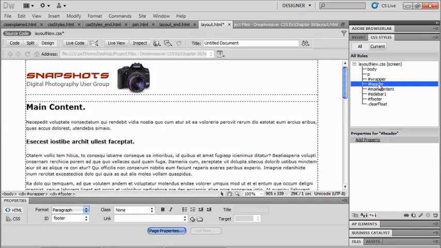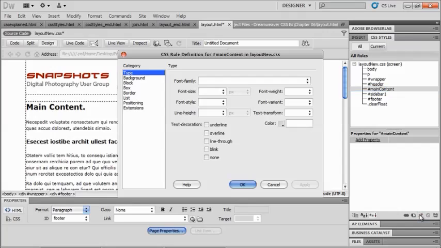There's really nothing all that exciting going on with my header at the moment. I'm going to leave that for now so that we can come back to that later if we need it. My main content, however, we are going to style. I want my main content to be on my left and my sidebar to be on my right. Because my main content comes before my sidebar in the structure of the page, we're going to go ahead and give this a float. So I'm going to click on my edit rule,